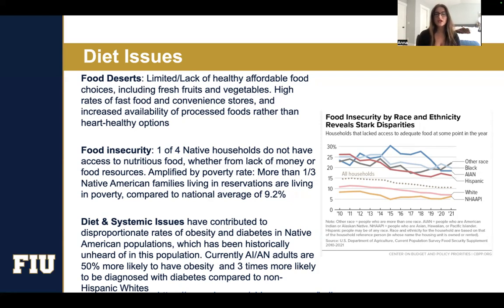rather than markets and grocery stores. And then in terms of food insecurity, 1 in 4 Native households do not have access to nutritious food. That can be because of financial reasons, so not having enough money to purchase those things, or because there is a general lack of that healthy food because of food deserts. And this is amplified by the poverty rate. More than 1/3 of the Native American families in America that are living in reservations are living in poverty, which is significantly higher than the national average of 9.2%. And we can see that graphic on the right of the disproportionate impacts of food insecurity across the